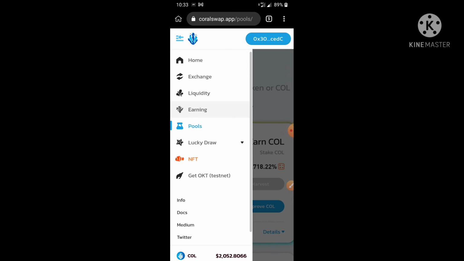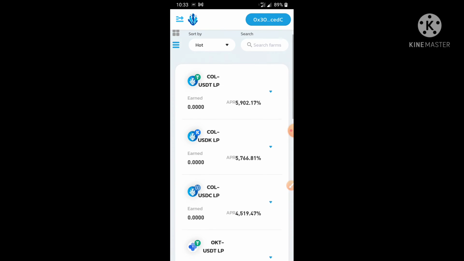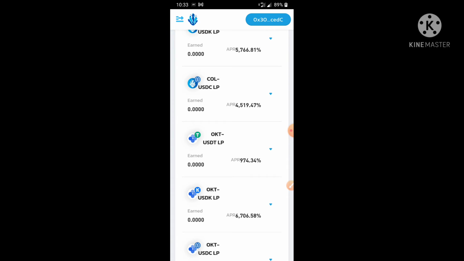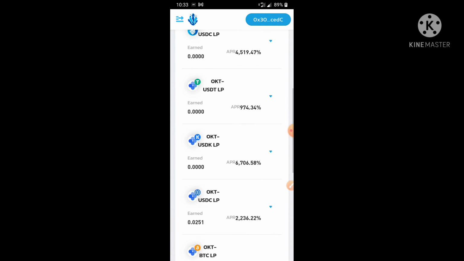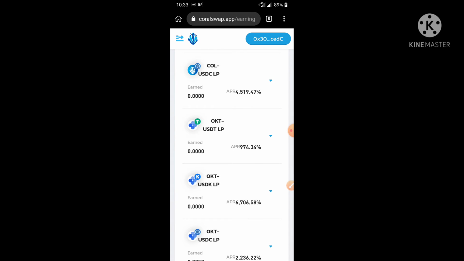Liquidity, go for earning. Before going for farming, go to the earning section. And why I'm telling you to select USDC, you can see Coral and USDC LP. Okay, OKT USDC LP. But anyway, you have OKT now.